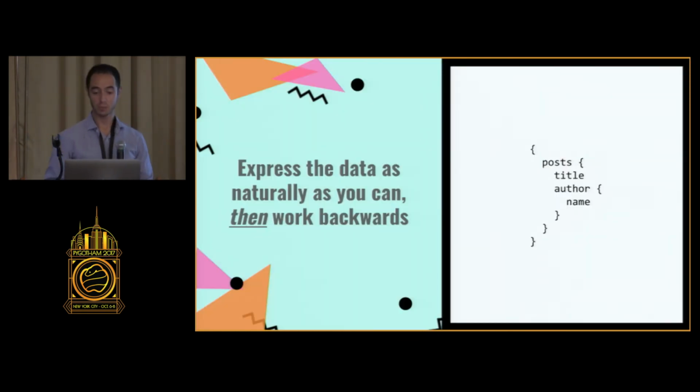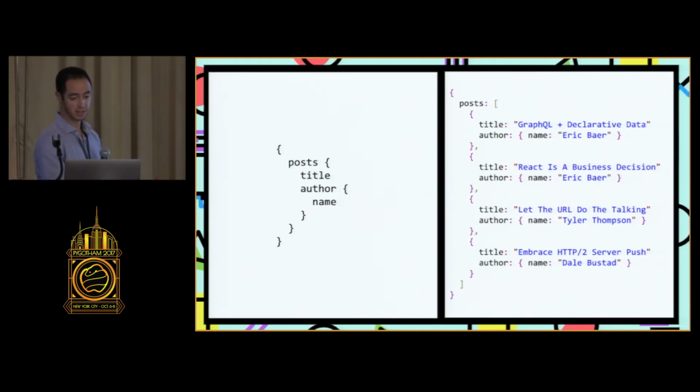Okay, so what would that look like? So if we imagine how we might fetch data in our blog example, on the right, it is the right. Yeah, it's the right for you guys. We describe the data that we need in a format that looks similar to JSON, kind of like what we'd want to get back. It's nice and readable. And the query says we want posts, and from each post, we want the title and we want the author's name. And if I send that to the server, I might get something like this back, which is just a list of posts with the data that we requested.